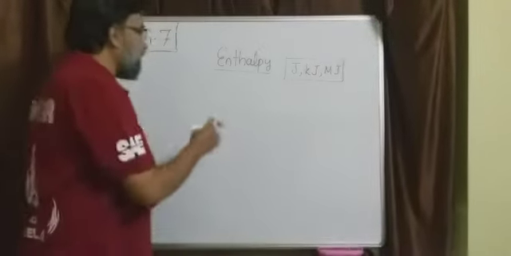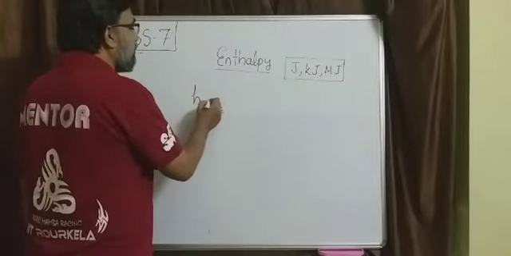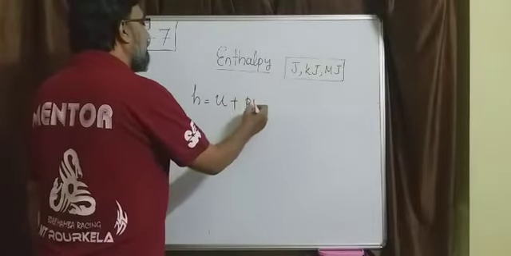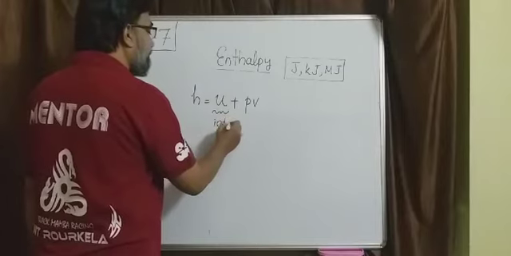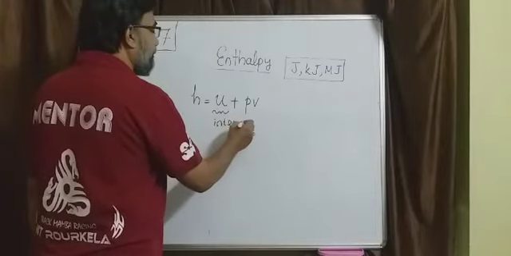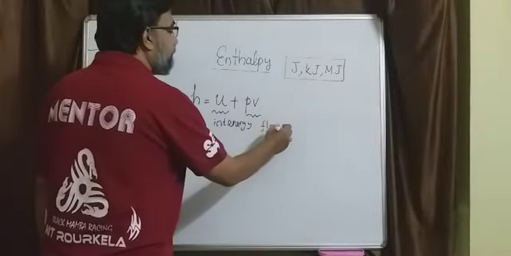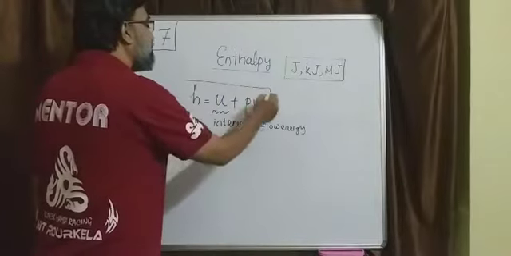Now how is this enthalpy quantified? Enthalpy H is quantified as the sum of internal energy and flow energy. This is internal energy and this is flow energy. When a system exists,